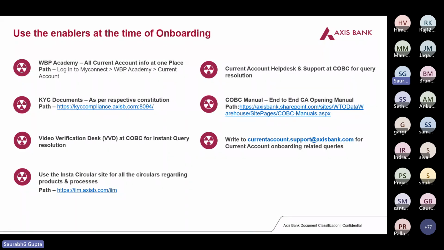Then I will be talking about this VBT desk, which is hosted by the COBC team. Then there is this Insta Circular site. The link is already mentioned there. Whatever new products and processes we are rolling out from central office from time to time, the circular of that product and process is hosted at this site. So like any